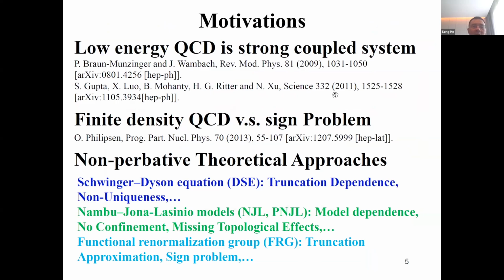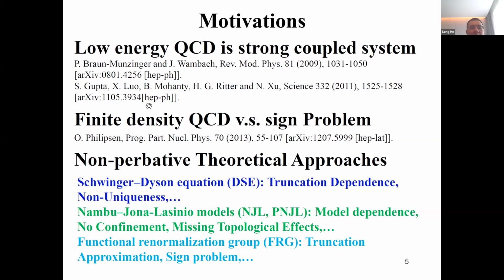So why is this important? Why are the quark-gluon plasma properties very important? Typically this regime is the high temperature and high baryon density region. In that region there is a strongly coupled QCD system, and for strongly coupled quantum field theory there is no systematic way to do it, but we can use some non-perturbative theoretical approaches.